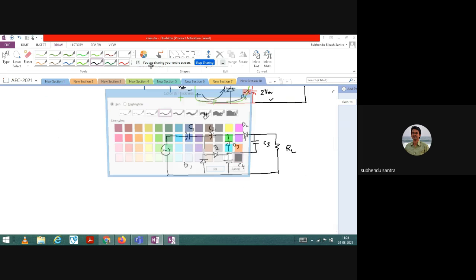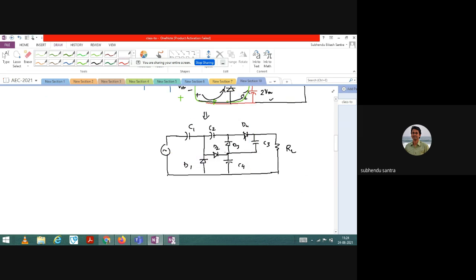So finally, what is the circuit diagram? If somebody asks you what the final circuit diagram is, this is it. You have to provide this network in a box, where the input voltage is your Vi and the output voltage you will get is 4 times Vi. As simple as that. So you understand this philosophy of designing, how to achieve it. You can design for 5 Vi or 6 Vi, whatever.